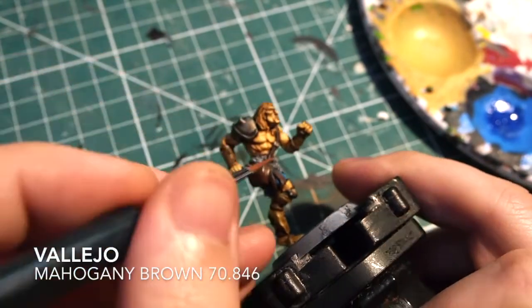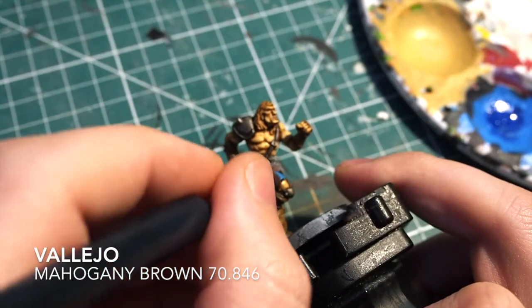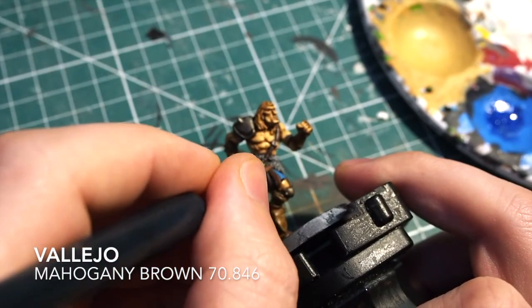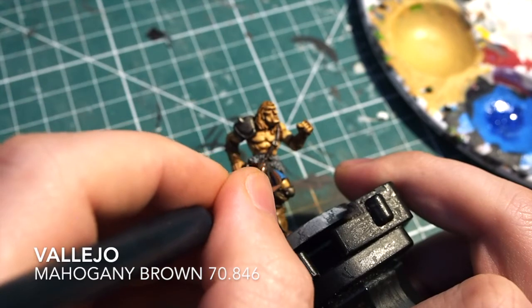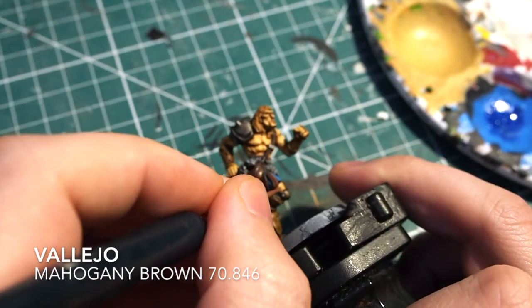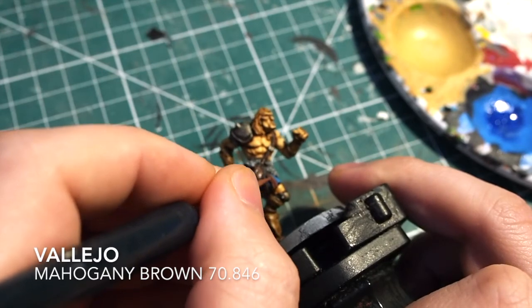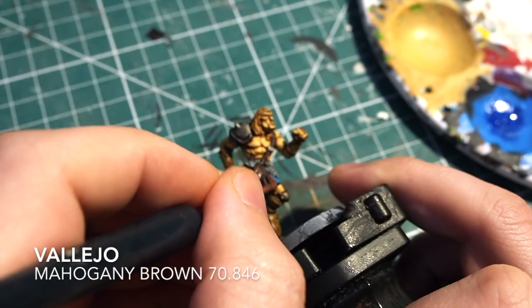Now with the leathers, the highlight for the leathers is a mahogany brown from Vallejo. This one has been thinned down quite a bit because this one we're just going to hit the edges and the tips of the straps. We're also going to follow around the sort of recessed, the raised areas and the creases under the bag. And again, like we did with the skin, we're going to use those straight lines to create a texture on